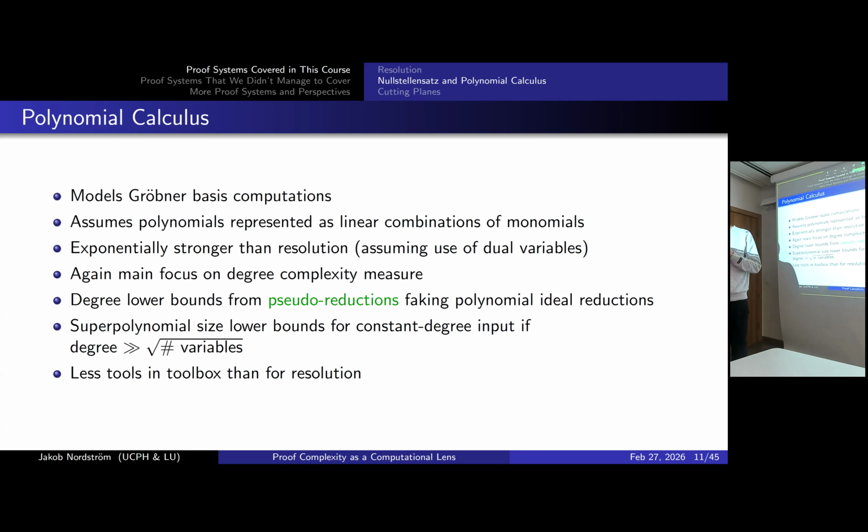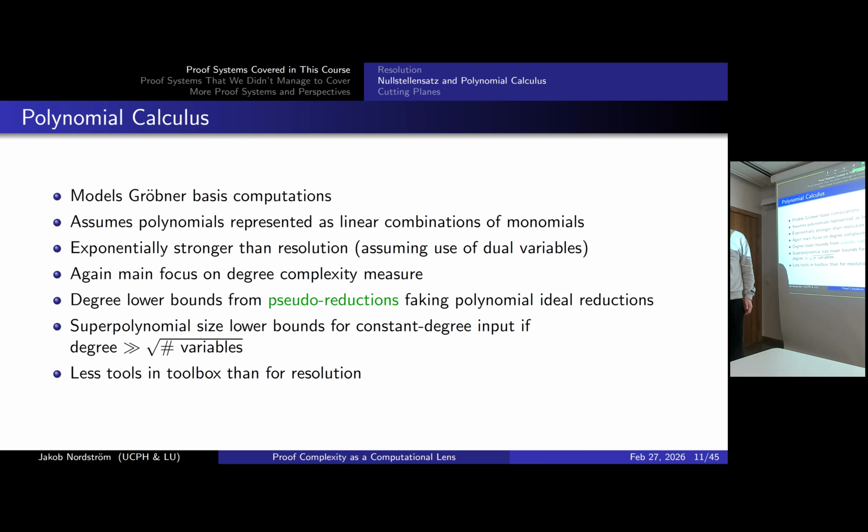So somehow what pseudo-reductions do is that they piece together lots of different polynomial ideals that look locally consistent. One doesn't lie in any of the ideals. And as long as you can piece this together in a locally consistent way in low degree, then that's your degree lower